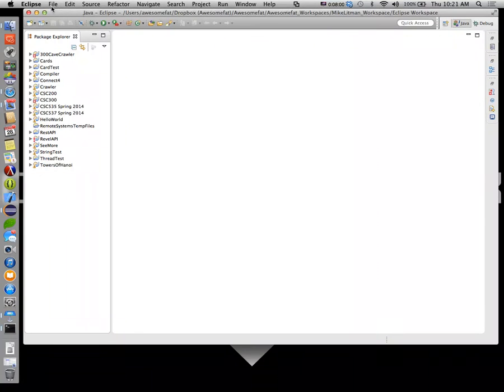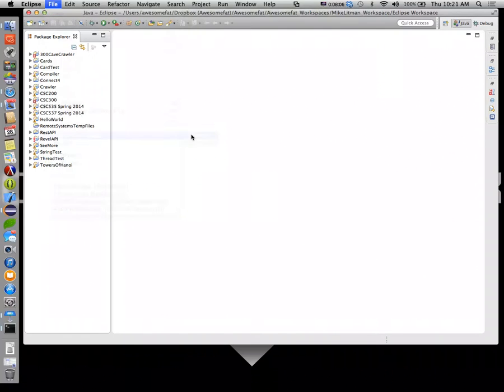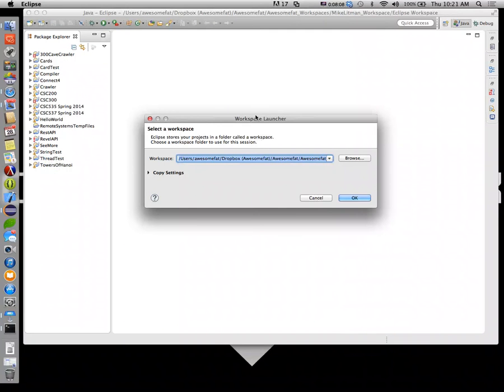When it opens for the first time, something that's going to pop up is your workspace. Something like this will pop up, asking you where you want your default workspace to be. This is where it should save your Java projects. Now, where should your workspace be? Where should your workspace be on your computer? This is where all your homework will get saved.